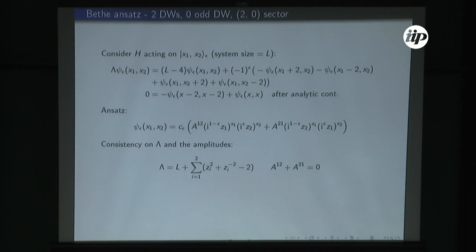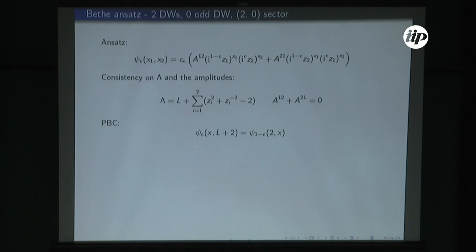If you plug in this ansatz, then you get this constraint on the eigenvalue and on the amplitude. So they have to sum up to 0, and there is a certain expression for the eigenvalue. If you want to get the full solution, you have to utilize the periodic boundary condition. From the periodic boundary, you get this condition on the wave function amplitudes,